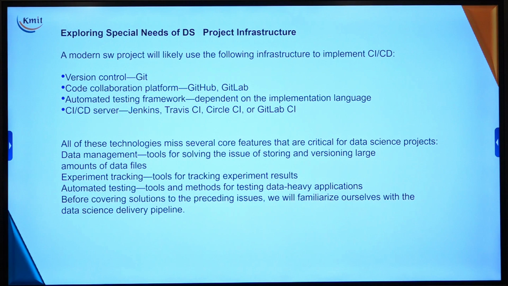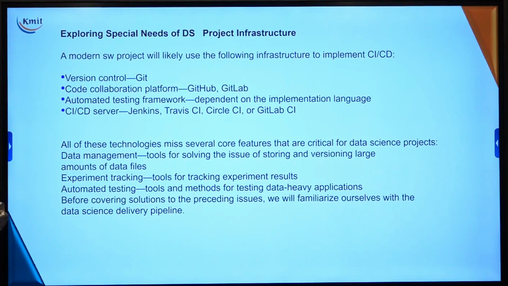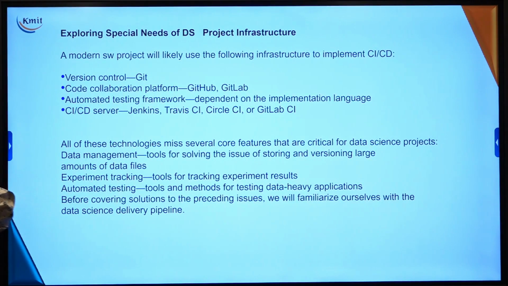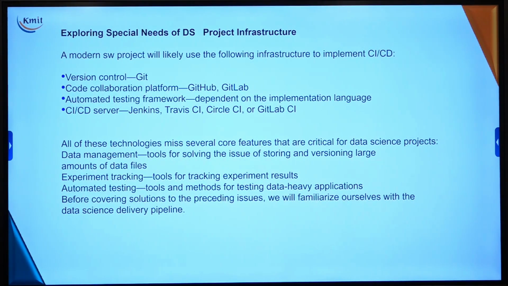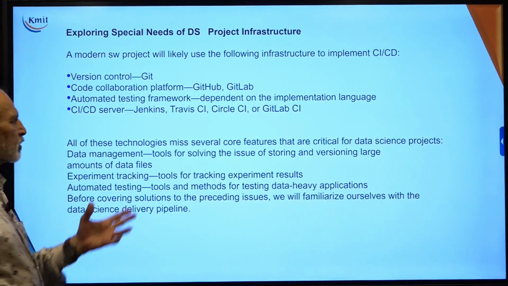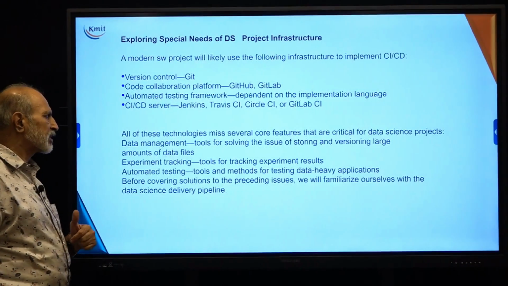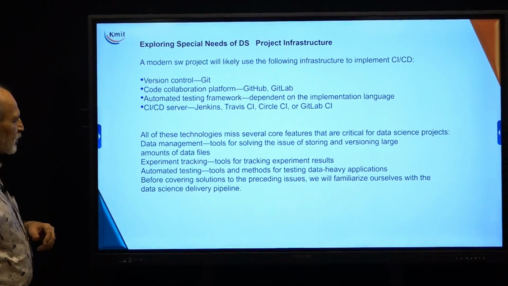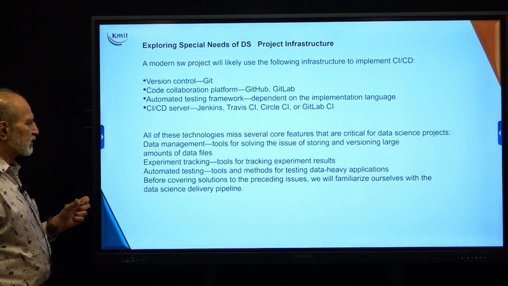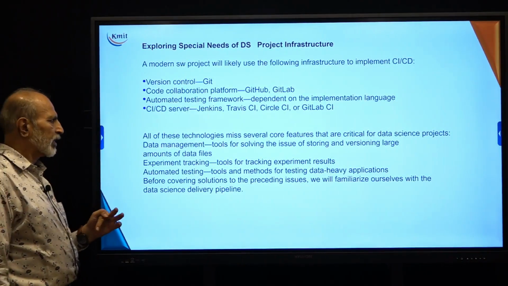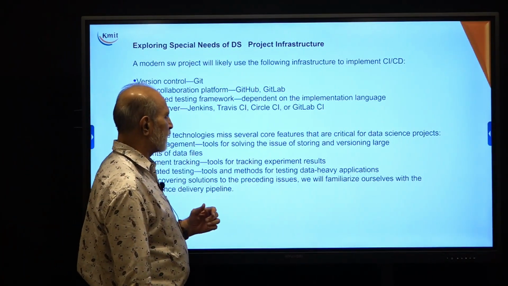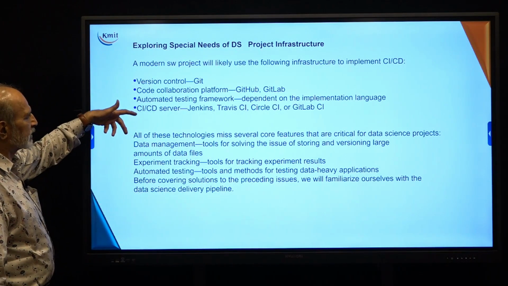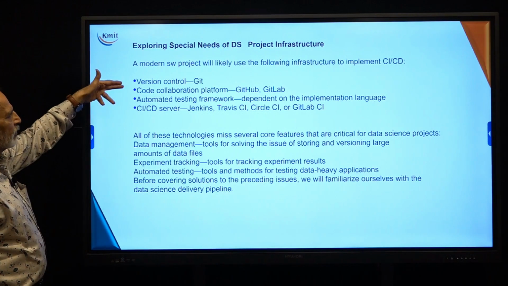A modern software project is likely to use the following infrastructure to implement CI/CD. Number 1, version control. When my project code gets updated, I have to have version control: 1.1, 1.2, 1.3 or 2.1 and things like that. Second, a code collaboration platform, when different people are collaborating on different code. Third, an automated testing framework depending upon the implementation language, and finally a CI/CD server, which is a Jenkins server, or Travis CI, or Circle CI, or GitLab CI. So with this, you can see the 4 points give all the infrastructure which is needed for a DS project